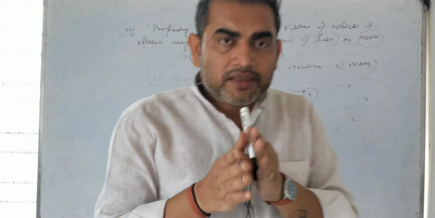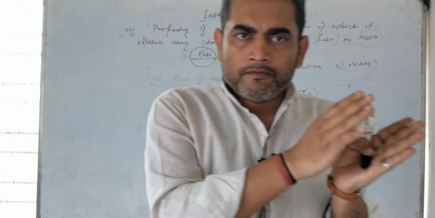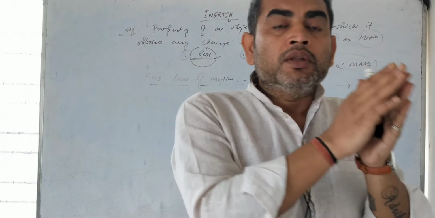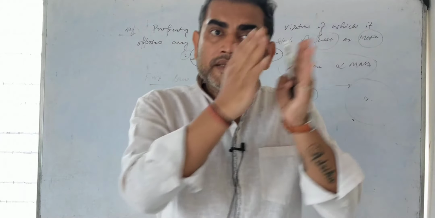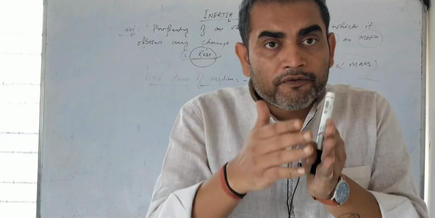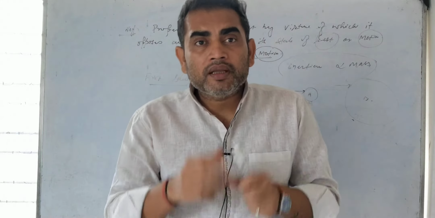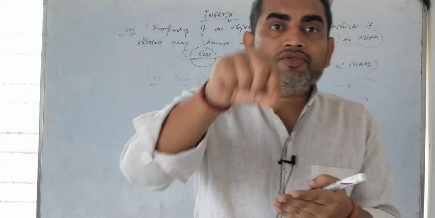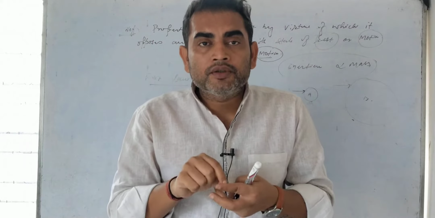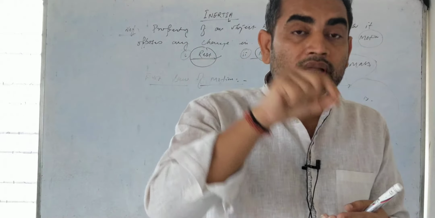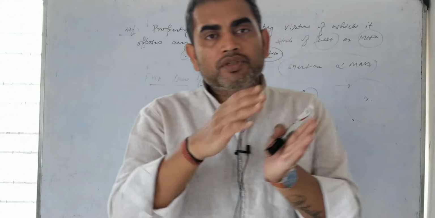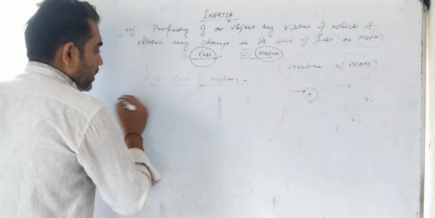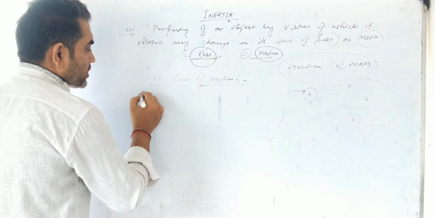What am I telling? If the object is at rest, it will be at rest forever, not for a while, not for an hour, not for a month. That means forever it will be in a state of rest. Or if it is in motion, it will be in a state of motion until and unless an external force is applied on it to change that state. So the first law, I am writing: Newton's first law of motion states